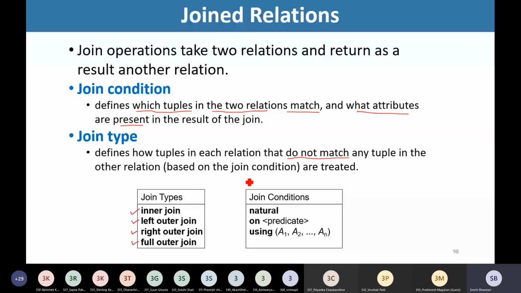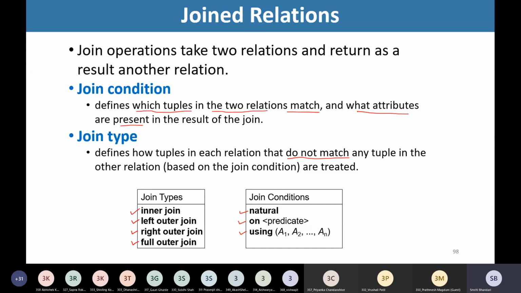Whereas under join conditions, we have natural join, the on clause, and the using clause. The on clause has a predicate to be provided. The using clause requires the list of attributes. We are going to look at all those join types and join conditions while using these join operations.